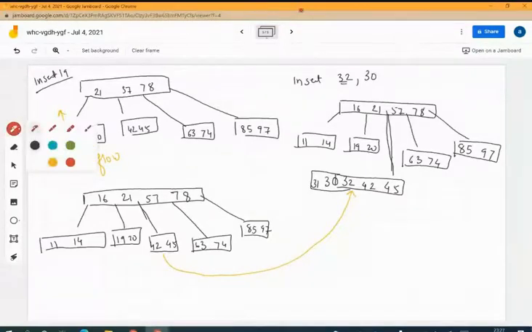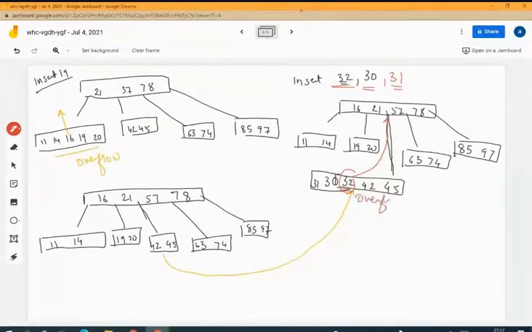This is very important because when I pull this 32, there will be overflow at the root node also. So after inserting 31, there was overflow of this particular node. When I inserted 32, there was no overflow, when I inserted 30, there was none, but when I inserted 31, there was an overflow that is occurring. So I'm going to pull up the node. After pulling up, I'll show you how it will become.